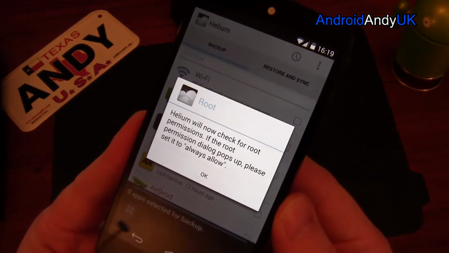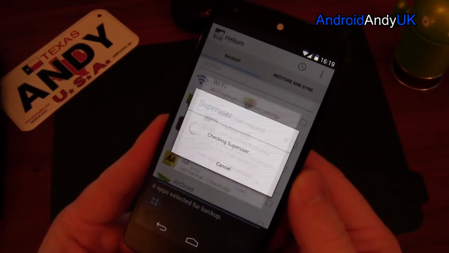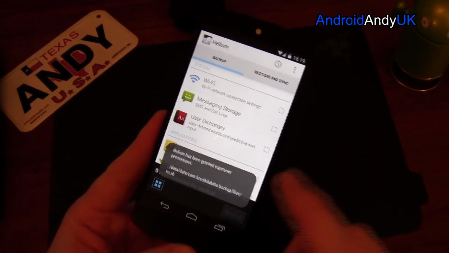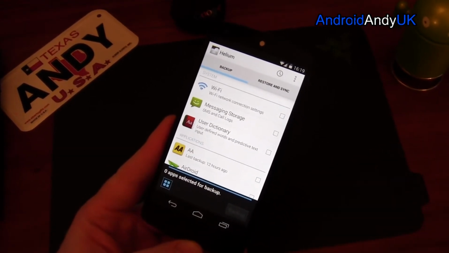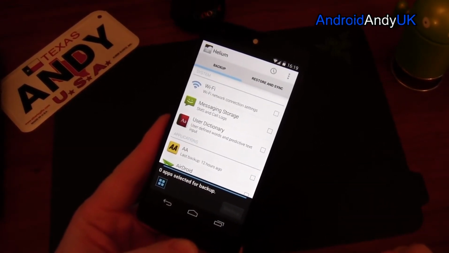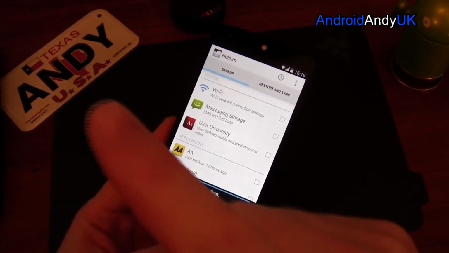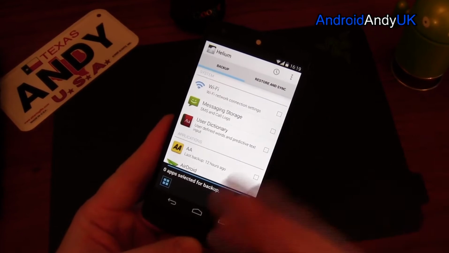Now, as it goes, I actually am rooted at this point, but trust me when I say it doesn't actually matter. You'll install this app. You have to install a program on your computer as well. I should point out I've done a video for this app as well, so click on the thing here and you'll see the more in detail